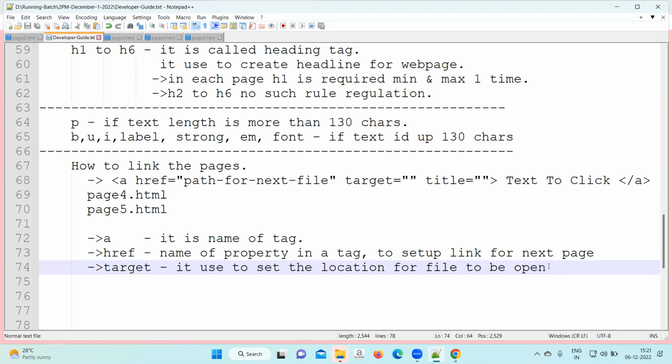So this line is trying to say that with the help of the target property, you can set the location where the next file will open. Your next file will open in a new or blank window, or wherever you choose. It is used to set the location for the next file to be open, right? Next, after that, you have one more property called